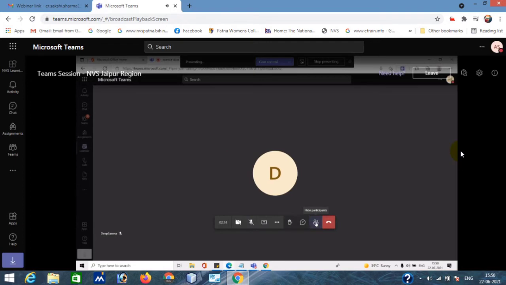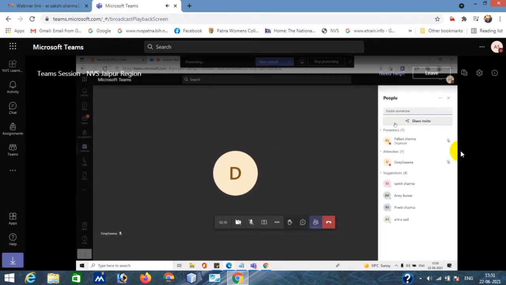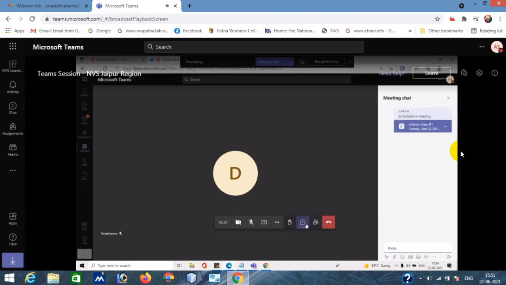In the show participant list, you can see the participants who were present in the meeting, and in the three dots you can download the attendance for the meeting before ending the class. Here is also a chat window, so you can chit chat with your meeting participants. And in the three dots you have an option to record this meeting. You can just enable the recording for the meeting.